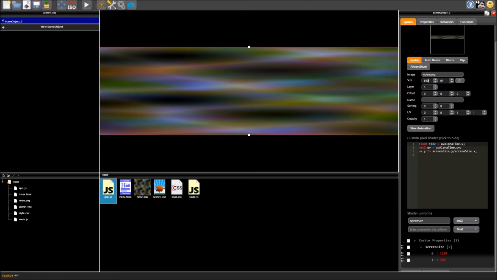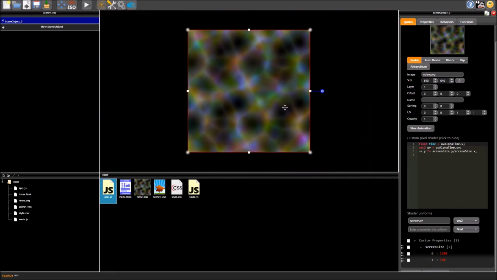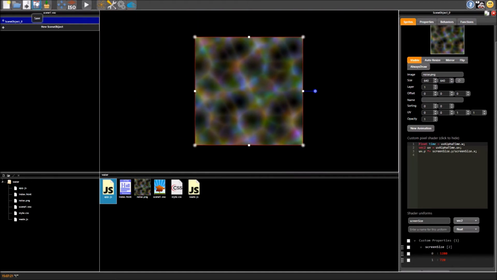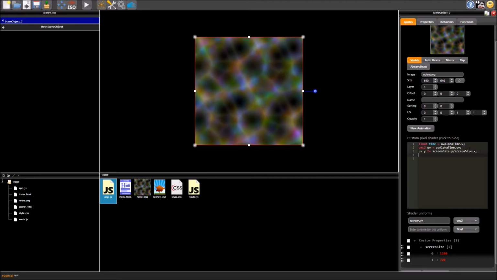Just going to go ahead and run our program, and oh, that's a bit small, so I think we're just going to make that 640 by 640, and we shall zoom out just a little bit. So if we run now, that's a better size. Now if I resize this window, it just resizes the square, but everything stays in the correct ratio. So right now I'm just going to re-add this that we had earlier, GL frag color equals vec4 1 1 1 1, and put a semicolon there. I'm just going to go ahead and save that.